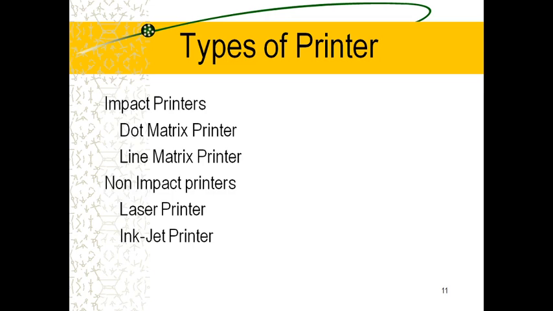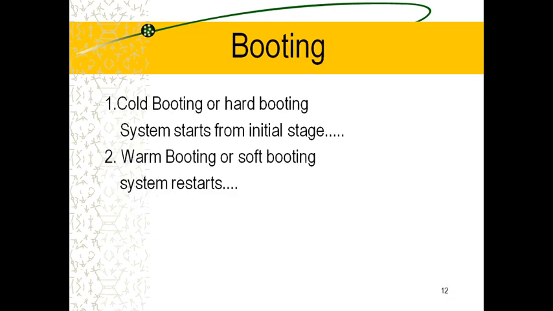But if these devices are ready and there is no fault in them, BIOS gets executed. This is what is known as booting. Thereafter, a program called the bootstrap loader transfers the OS from the hard disk into main memory. Main memory is nothing but RAM, and the OS is located in the C drive of the hard disk. After BIOS, the OS is loaded from hard disk to RAM, and after that we can work with the computer.